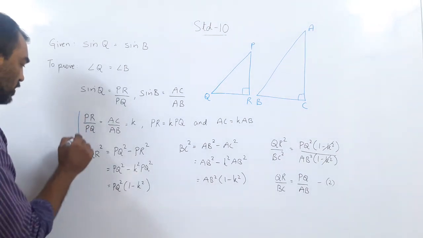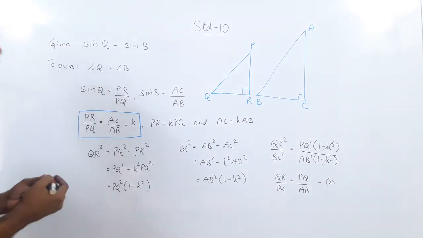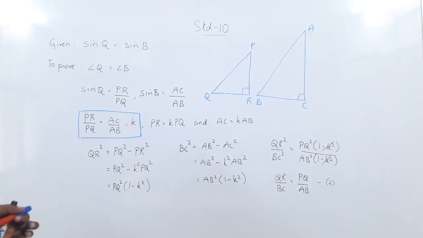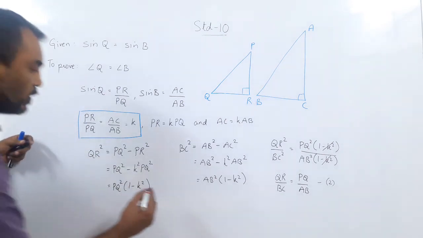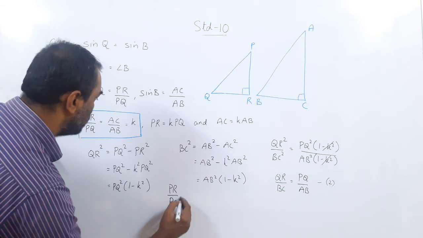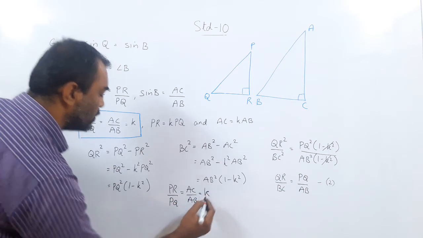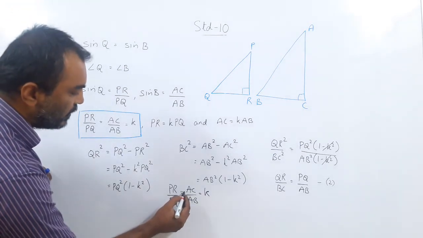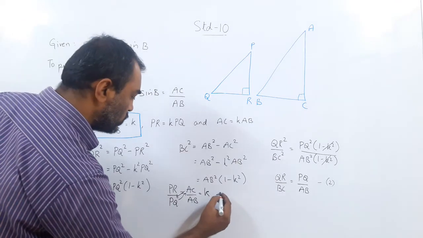The book is following the other method. I am trying my own method because maths can have many methods. I am doing my own. So here you have got PR upon PQ equal to AC upon AB equal to K. What do we have got? I write here again. PR upon PQ equal to AC upon AB equal to K ratio. So even if I interchange places, the ratio will not change, right? So I should get